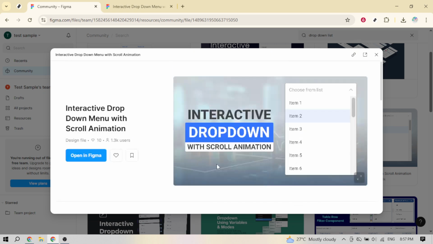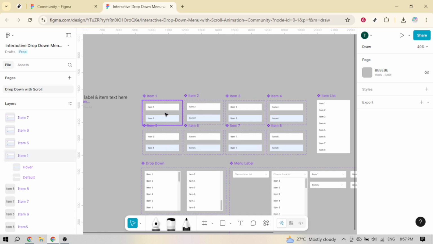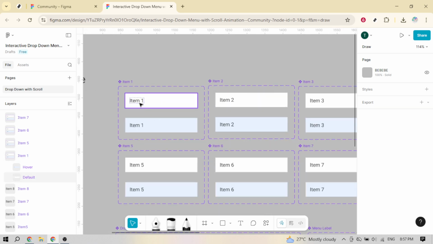Next, click Open in Figma to bring the file into your own workspace. Depending on the file type, this button might appear as duplicate or get a copy. The result is the same. You'll have an editable version in your drafts. Give it a moment to load, then open the page or frame that contains the drop-down component so you can